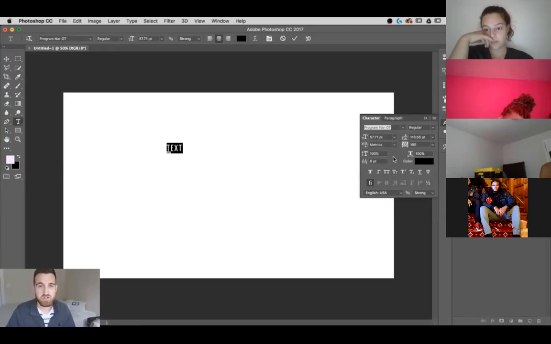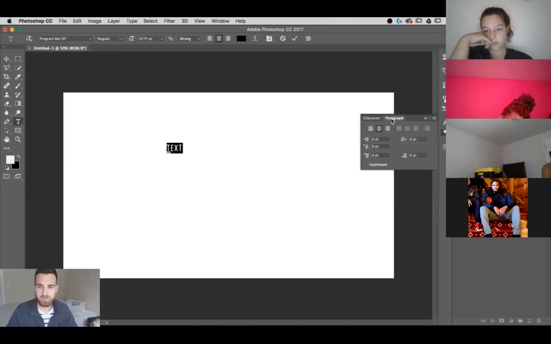You can stretch your text, which, don't stretch your text. You don't need to do that. You can also set the baseline shift, and then we can go to our paragraph options as well. And this is where we can align it, we can indent it, and do all sorts of different things, or hyphenate our paragraph. Now, the reason that the justify text options aren't available is because this text box has no